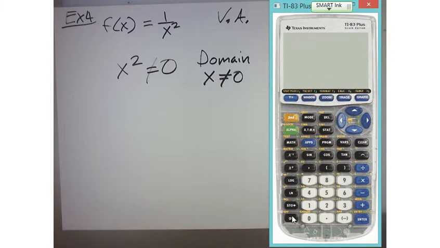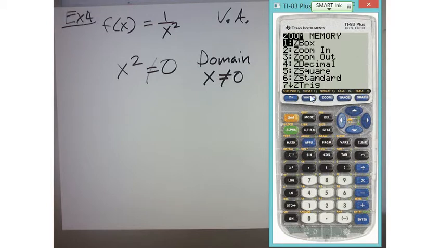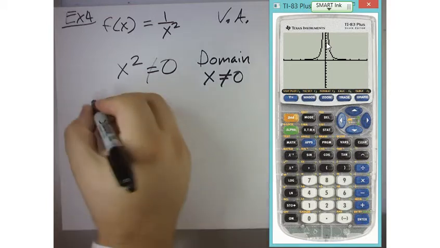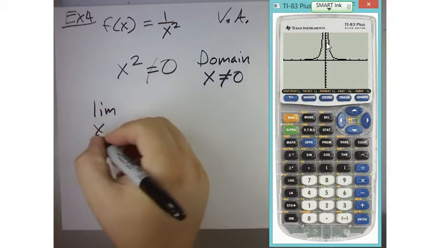Anyways, so if I graph this, what I'm going to find is that it will not cross x equals 0. It has a vertical asymptote at x equals 0. So let's plug this in and take a look. And sure enough, if I zoom in just a little bit, let's do like -5 to 5, it will not cross the y-axis, which is x equals 0. Okay? So if I take this limit as x approaches 0